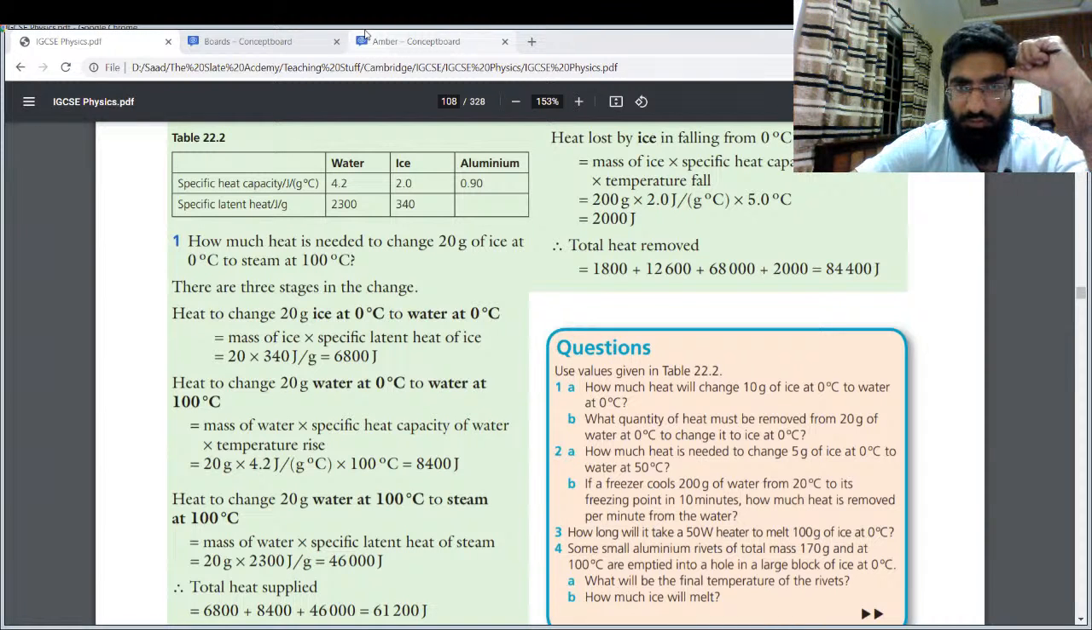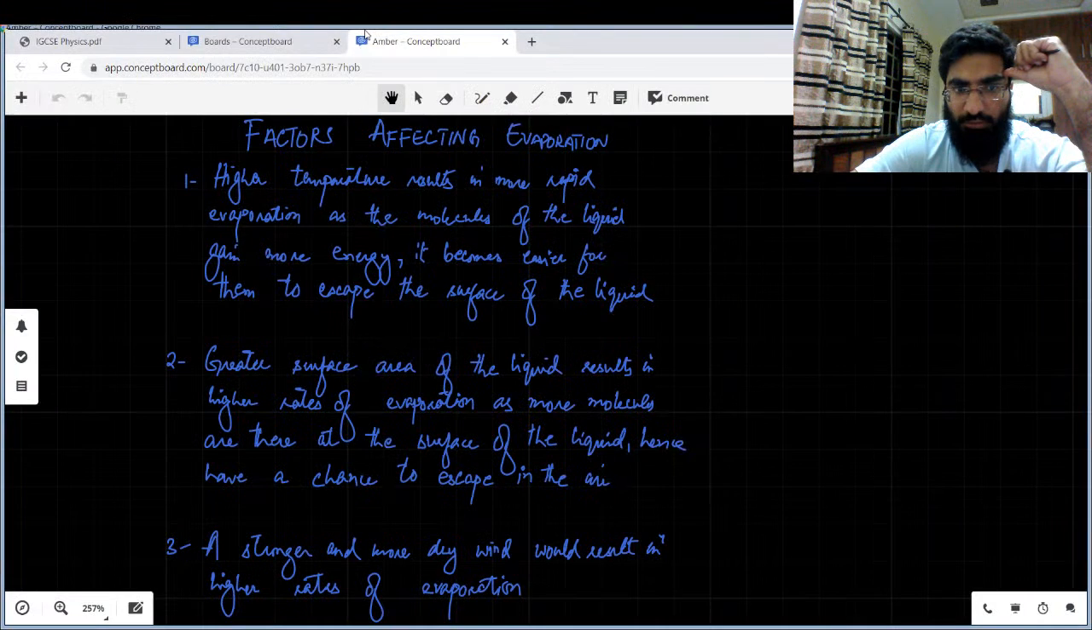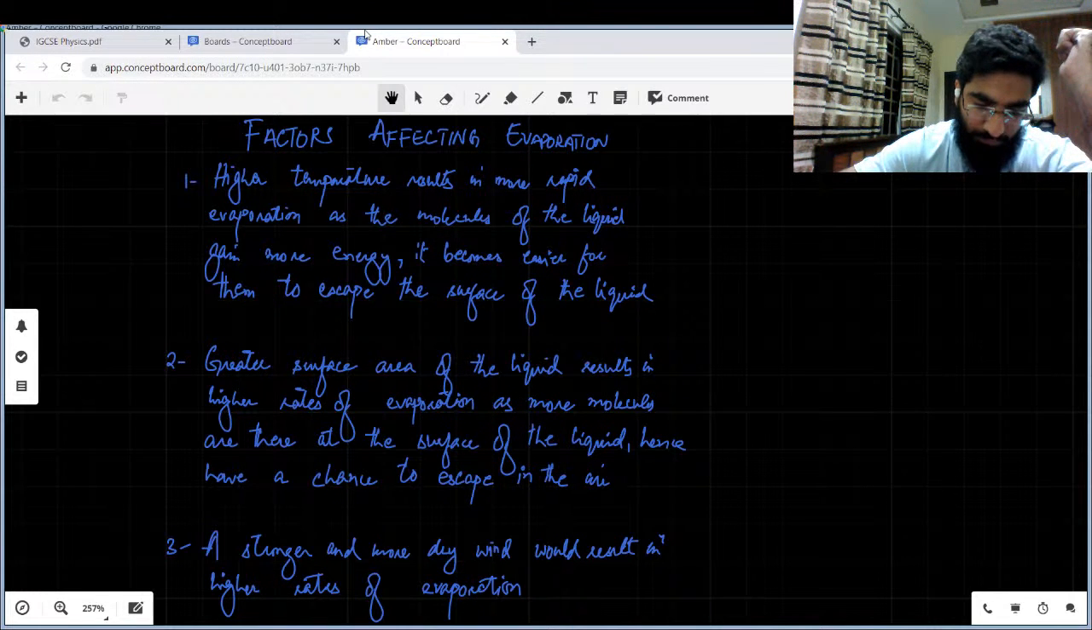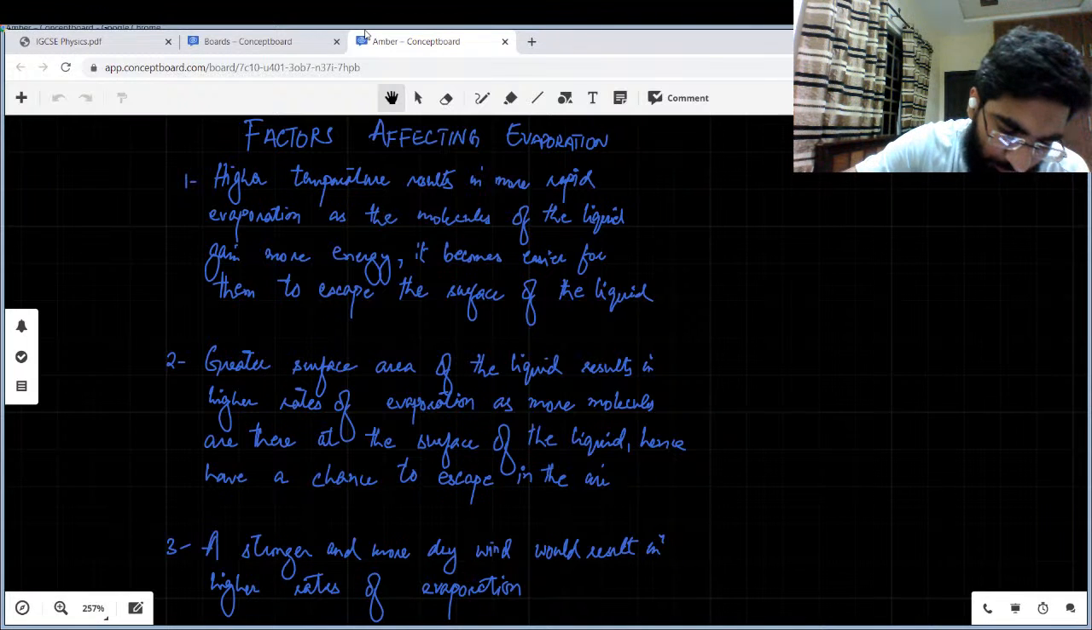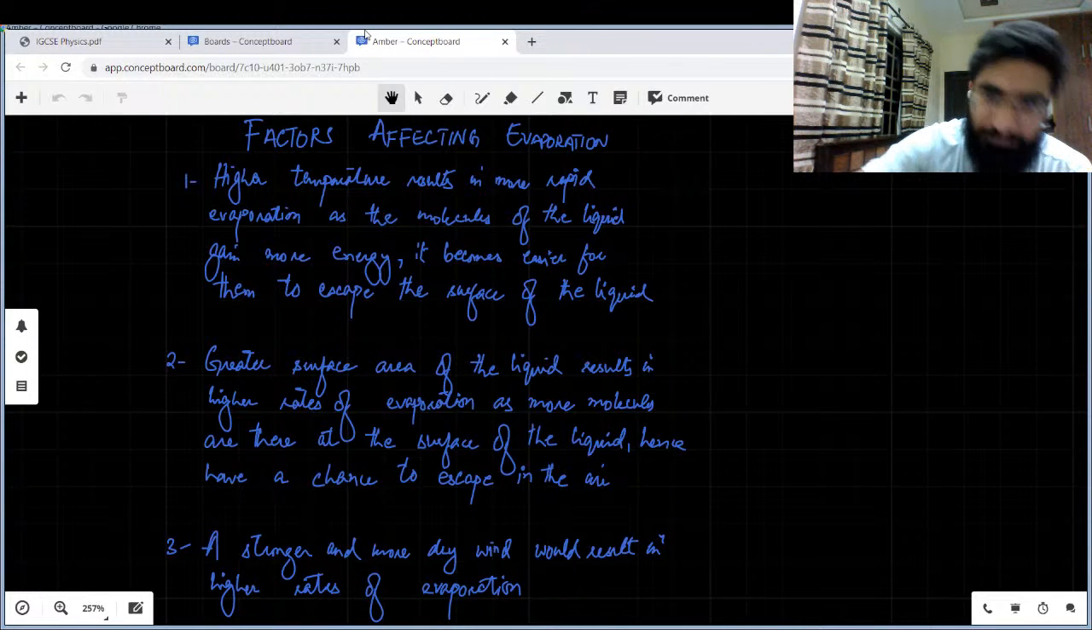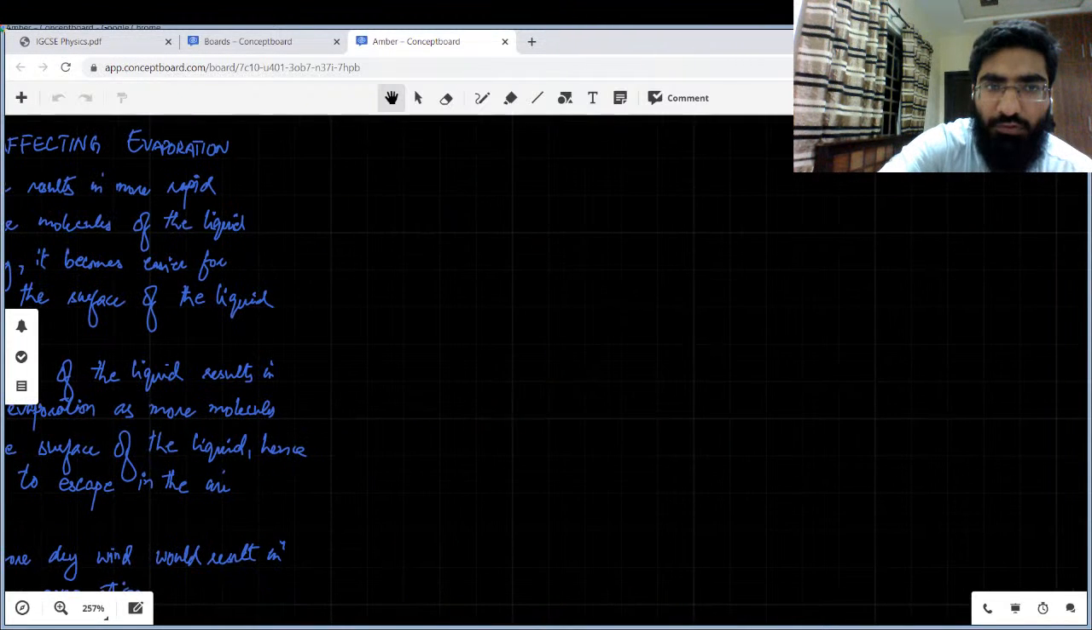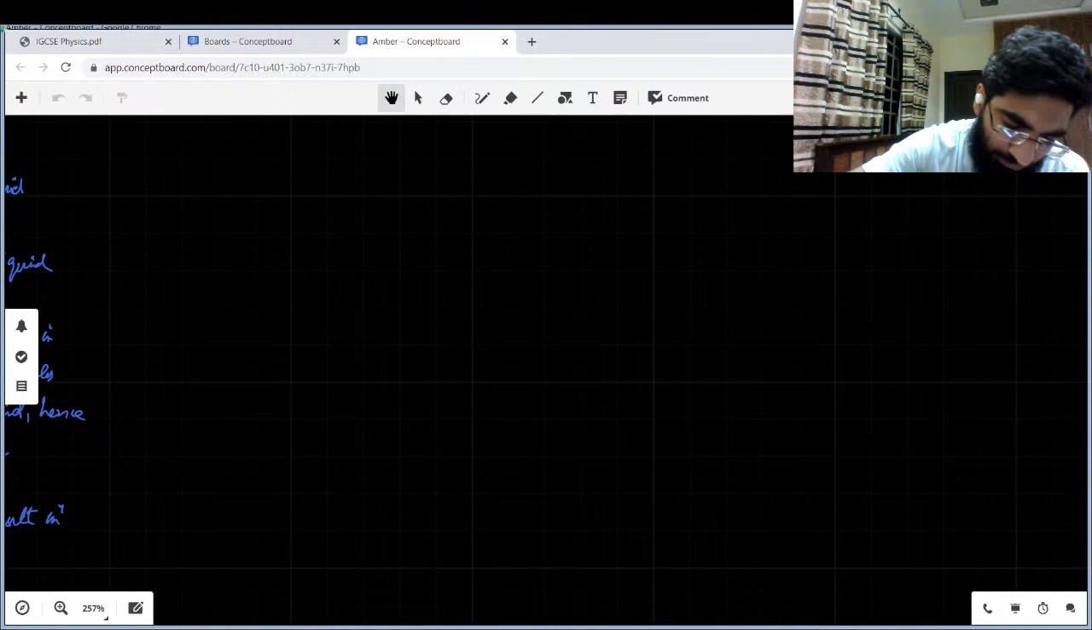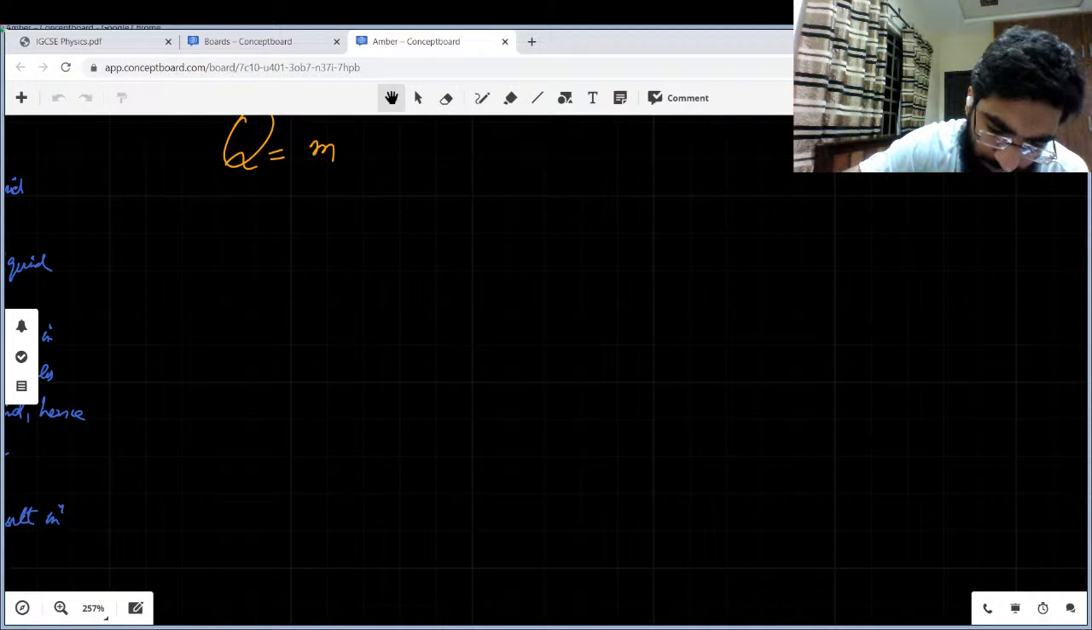Okay, let me do just one thing. Let me write all the formulas that we have studied and that we'll be using. So the first thing that we learned and we'll use over here is Q is equal to MC delta theta. The other thing we learned was thermal capacity